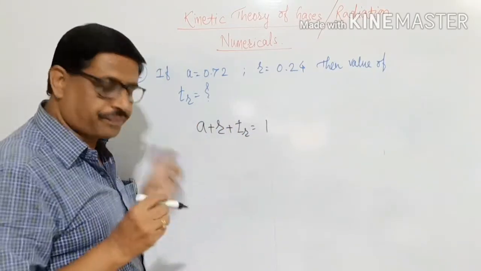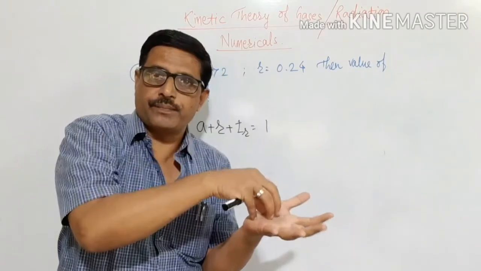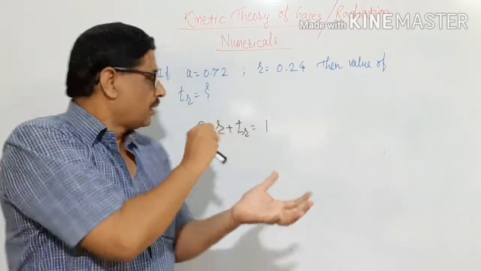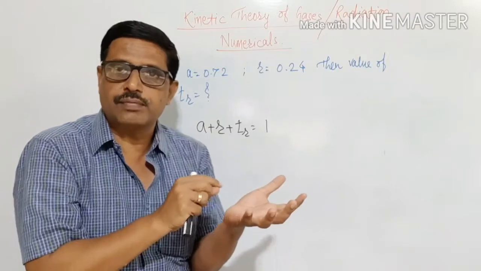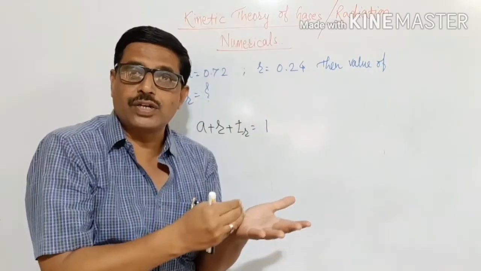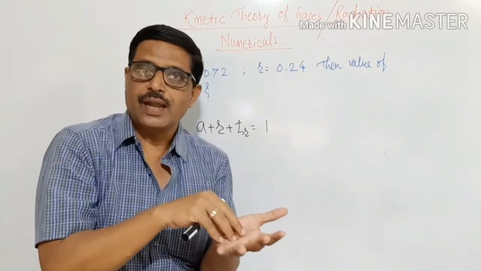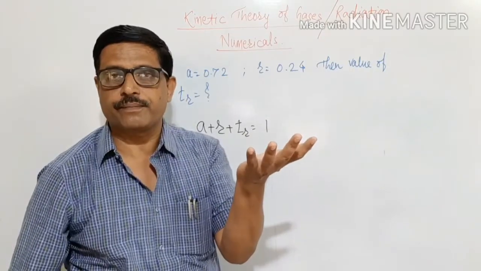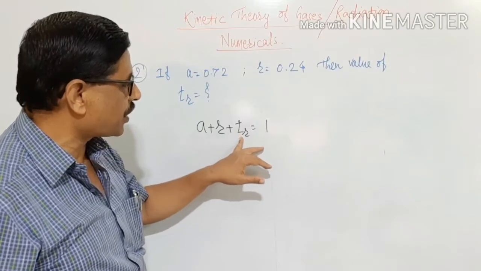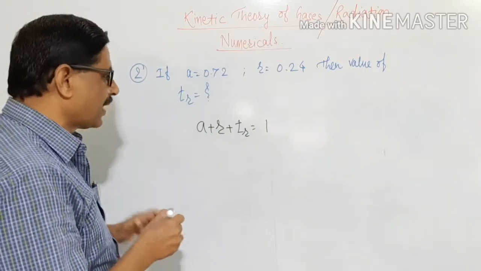It comes from the fact that whenever radiant heat is incident on any body, part of the heat is absorbed by the body. What amount of heat is absorbed by the body is determined by the coefficient of absorption. Part of the heat is reflected by the body. By what amount it is reflected is determined by the coefficient of reflection, and part of the heat is transmitted by the body. What amount of the heat is transmitted by the body is given by the coefficient of transmission. Now, the sum of the three coefficients is equal to 1.